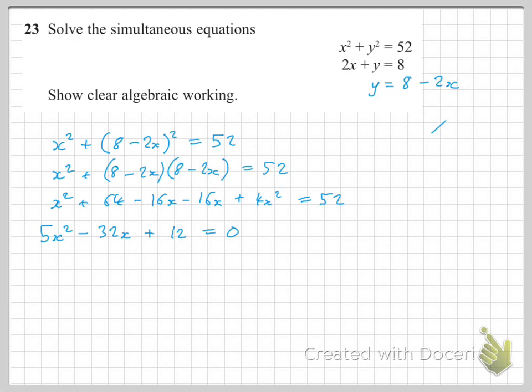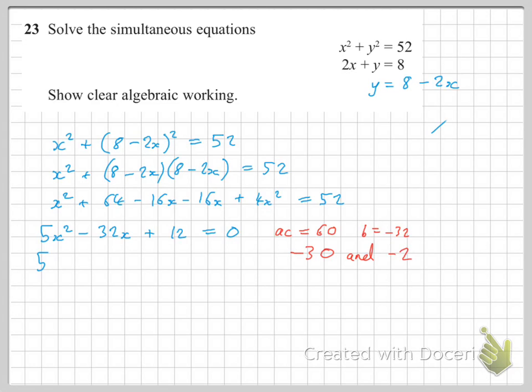And you end up with a simplified quadratic. Now you can type that into your calculator and get the answer straight out of that if you're careful and you know exactly what you're doing. But if we solve it the proper way, using the A, C and B method, two numbers that multiply together to give 60 and add to give minus 32,